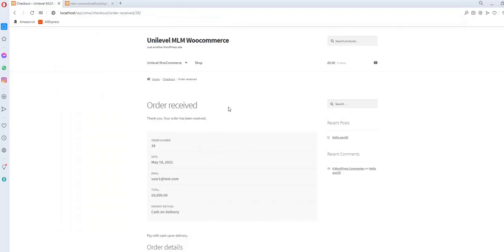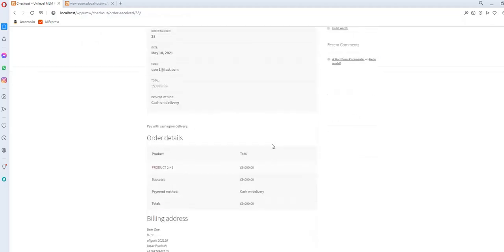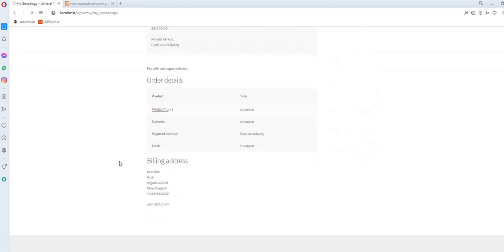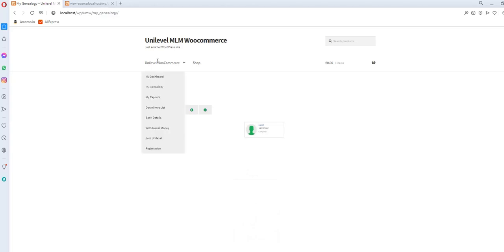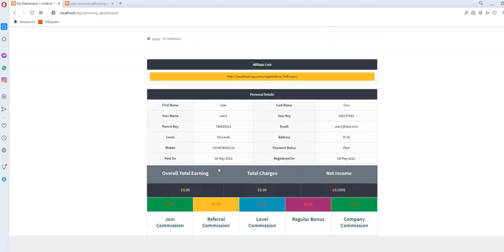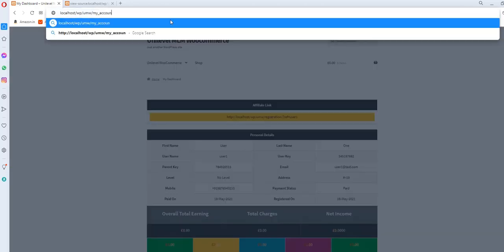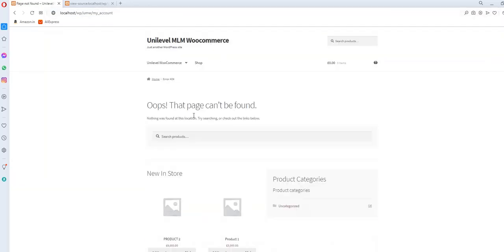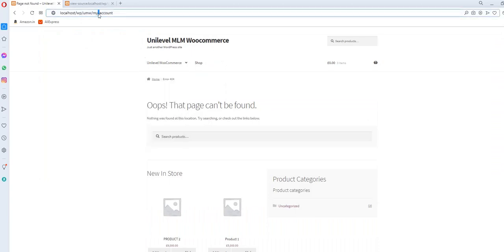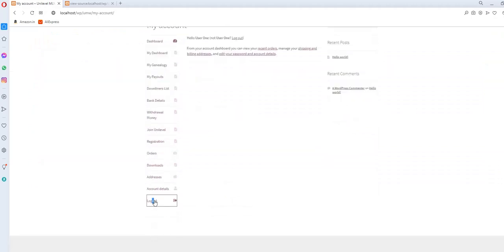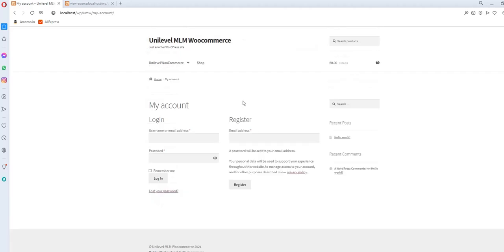So now I am coming to another registration. Just a minute. I need to go to my account. So if I go here, this is the logout and we can log out from here.